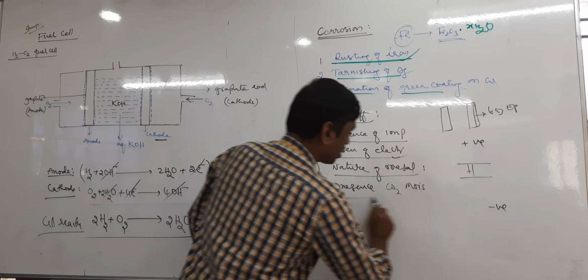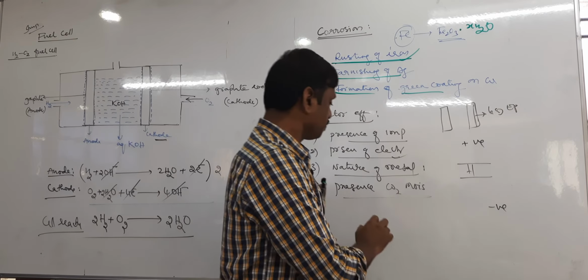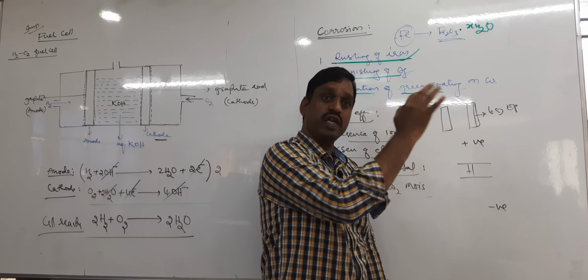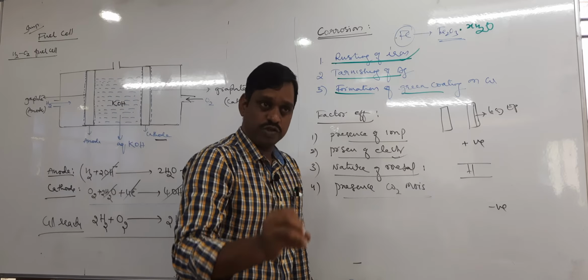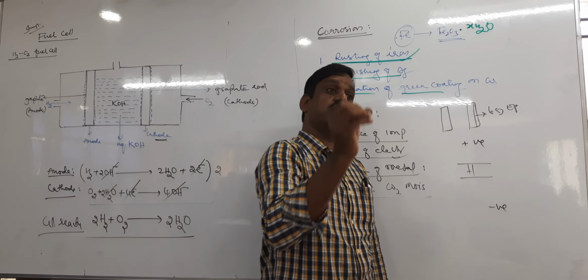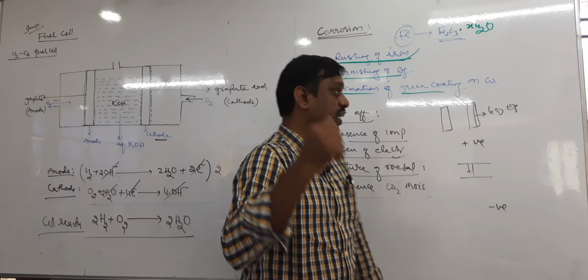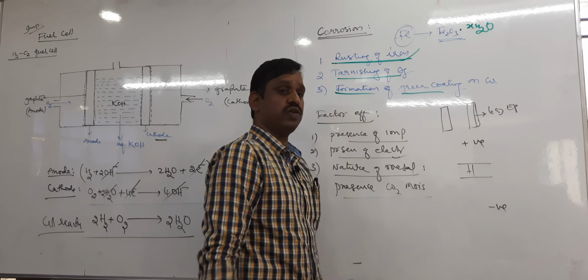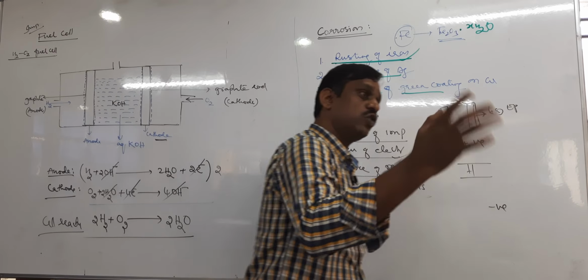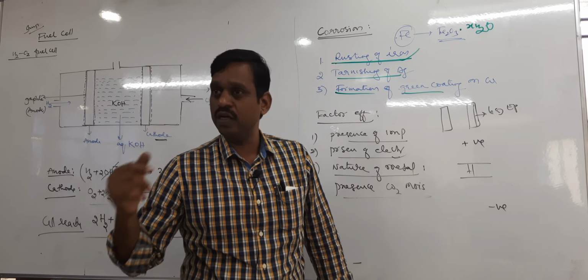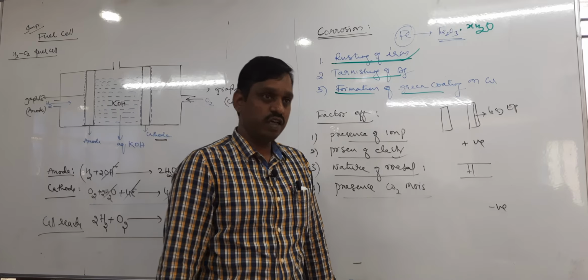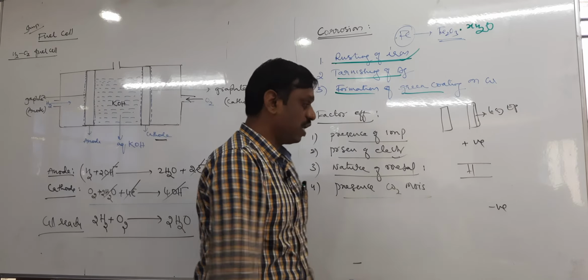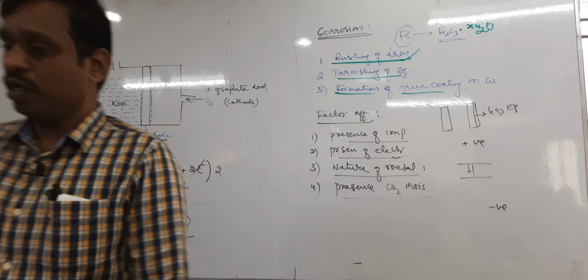Then the last one is presence of environmental constituents like carbon dioxide, moisture, and any other gases. The presence of moisture, carbon dioxide and other gases makes corrosion occur rapidly. For example, rusting of iron takes place only in presence of carbon dioxide and moisture. If there is no carbon dioxide and no moisture, can rusting of iron be expected? No, right? Therefore, rusting of iron or corrosion occurs rapidly in presence of moisture as well as carbon dioxide. So these are the impurities.